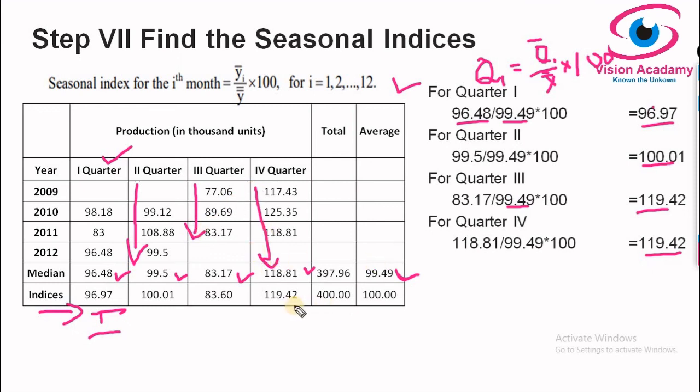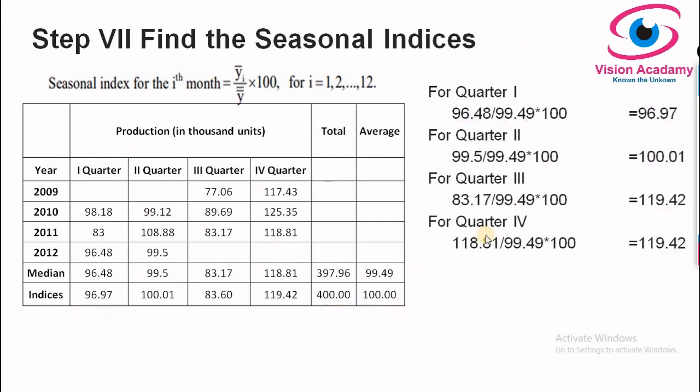And I told you that we have to add all the seasonal indices and divide by their respective n, and then we need to get 100. Otherwise, if you are not able to get 100, your problem is wrong. So the average is 100. If it is a month, we will divide by 12. Here, since it is quarter, we have divided by 4. So this is a very complex calculation. Actually, I took a reasonable time and made it very easy. Concentrate on the steps, very importantly, I have briefed those steps.